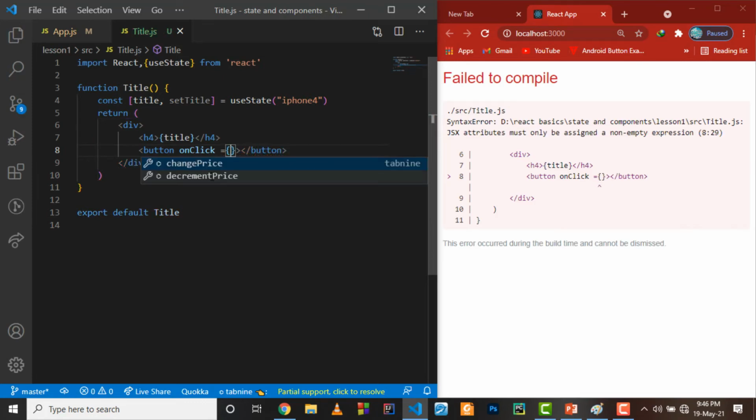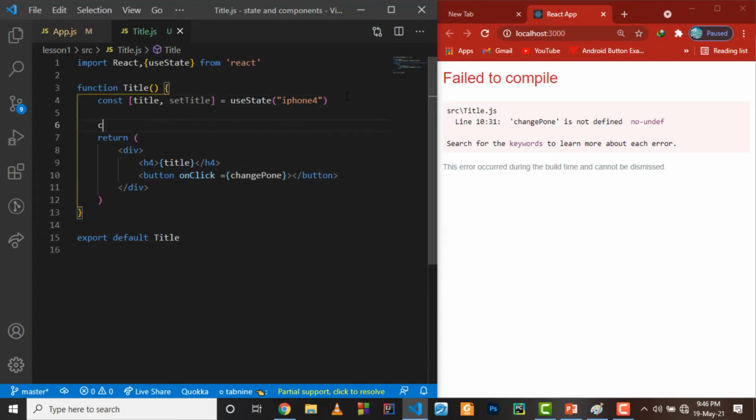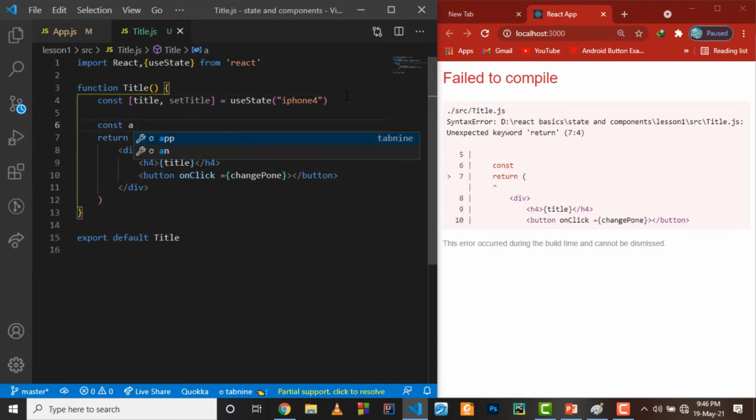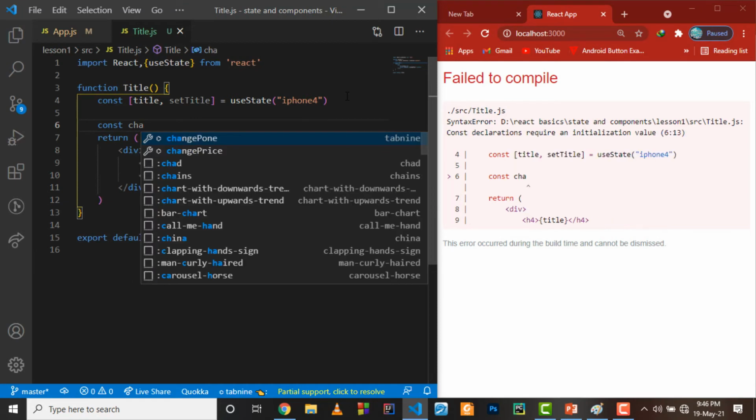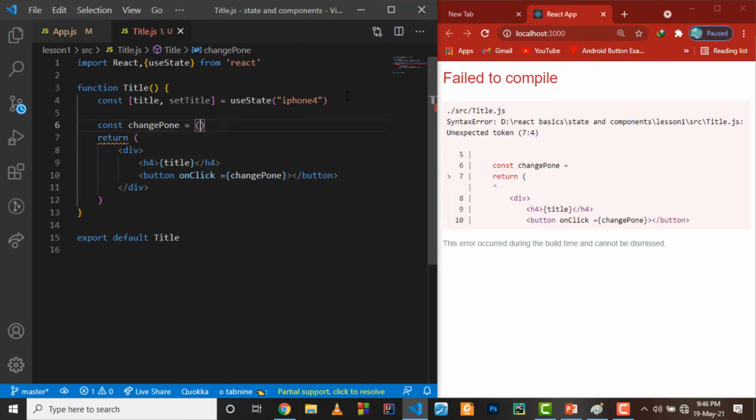We want to run a changeFont function, and this is going to give an error, changeFont is not defined. So we need to go up here and define our const changeFont, an arrow function,